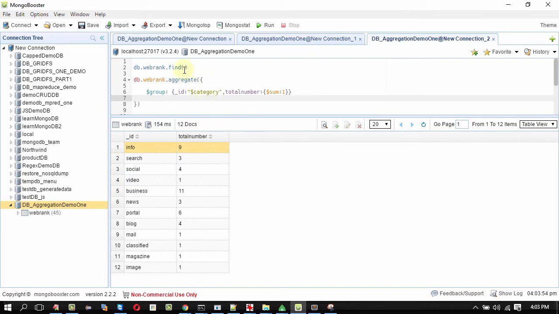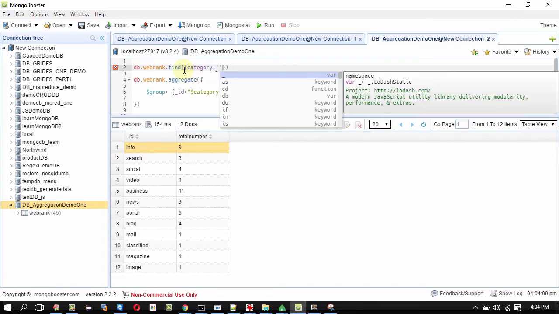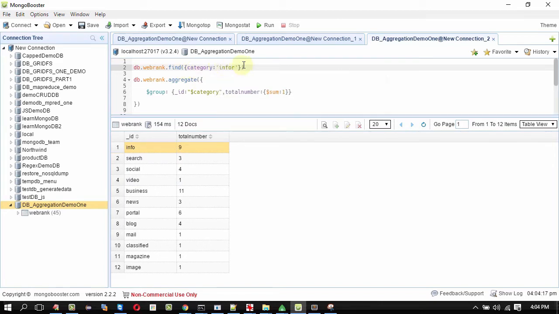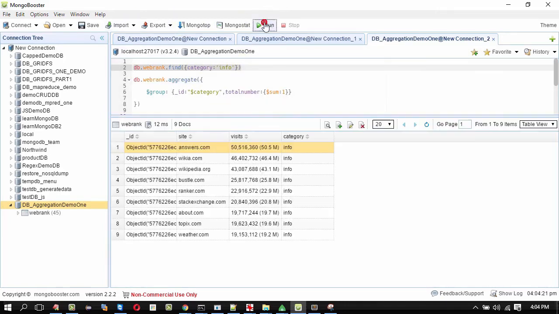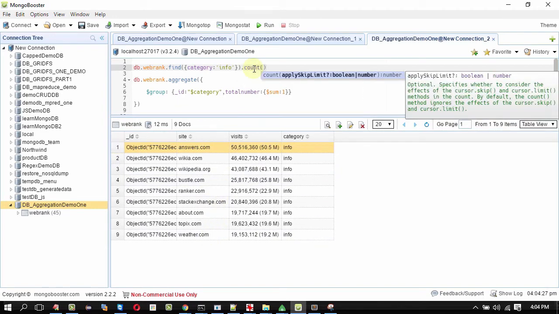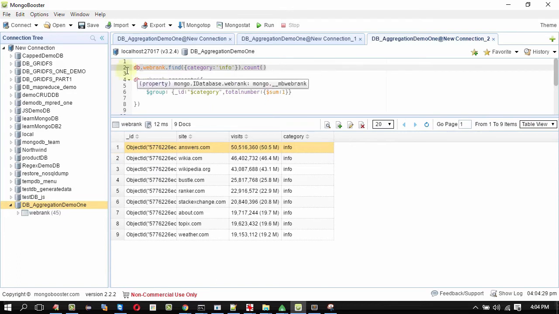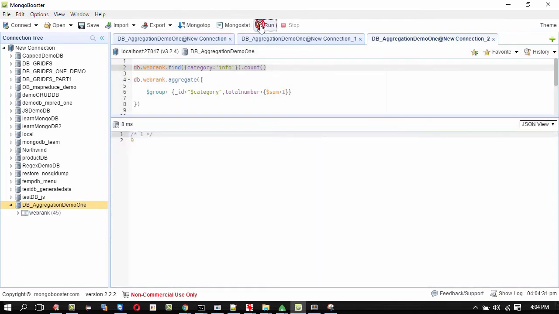For example, if you want to check that, you can check this using the find query. Category info, so these are the 9 websites. Dot count, it must give us a count of 9.